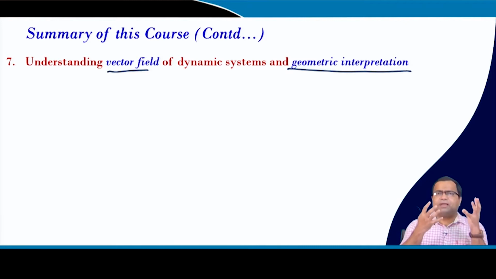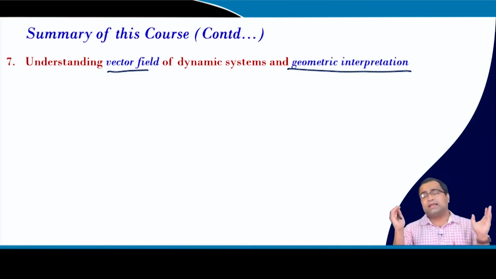That means, if we have given subsystems, we need to understand what the trajectory of the subsystem is on either side of the switching surface. Then which side should we choose, what kind of subsystem, so that it will converge toward the switching surface. To understand the trajectory, it is very important to understand the vector field. That is why we have discussed the vector field, and we have also demonstrated using MATLAB simulation how to draw the vector